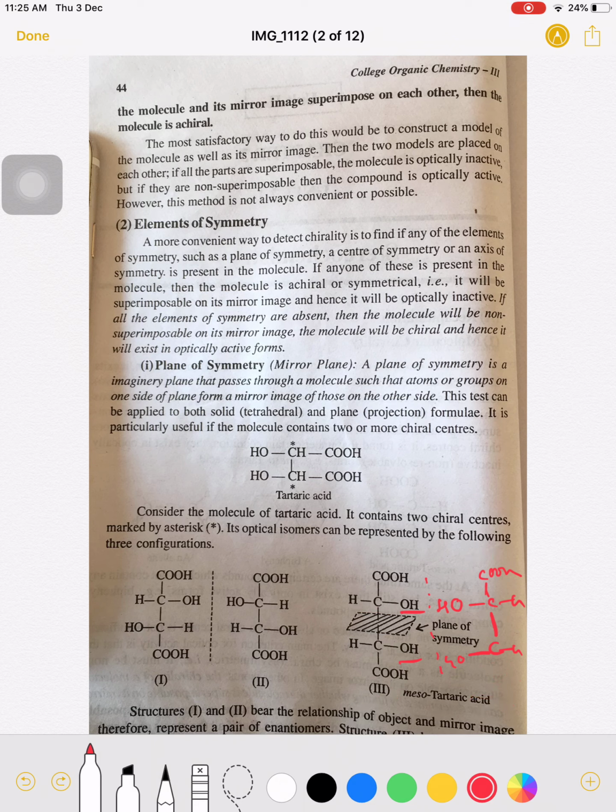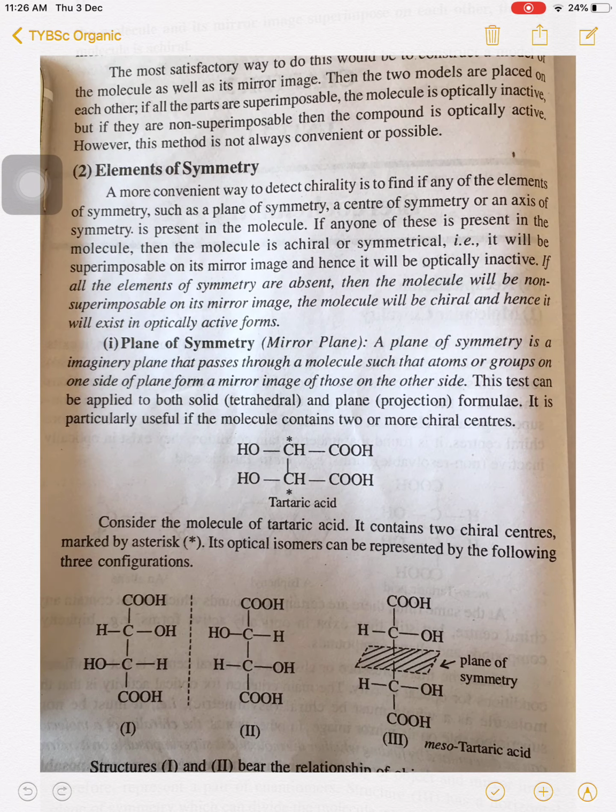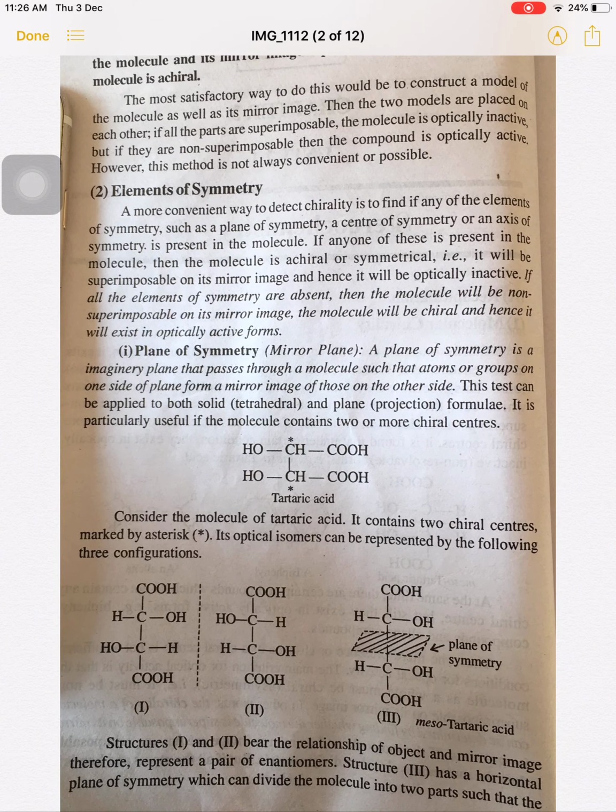When the molecule has 2 chiral centers but these 2 chiral centers are the same, then such molecules are optically inactive because of the presence of a plane of symmetry. Now see here, if I draw the plane here, this structure and this structure both are the same, that is, both the structures are similar. Structures 1 and 2 bear the relationship of object and mirror image and therefore represent a pair of enantiomers. Structure Roman third has a horizontal plane of symmetry which can divide the molecule into 2 parts,